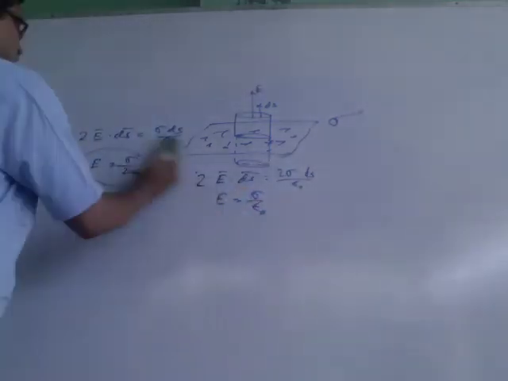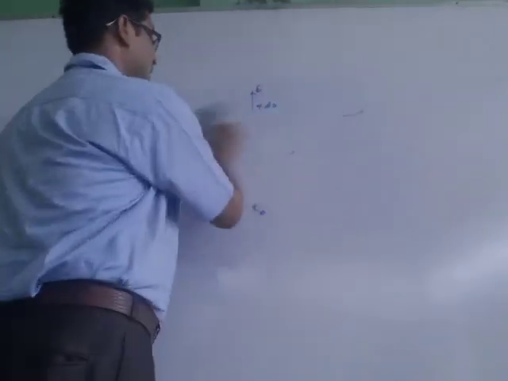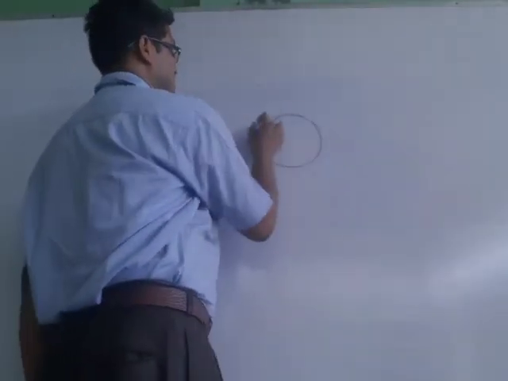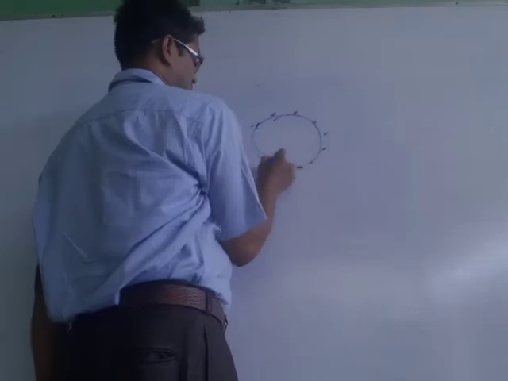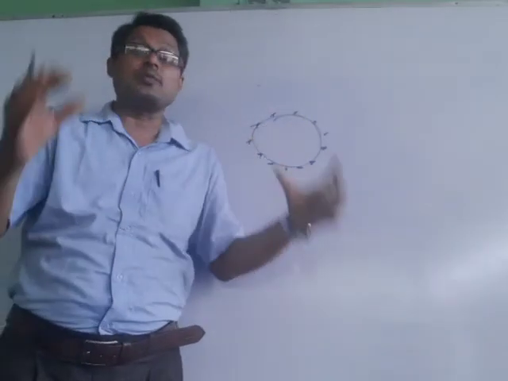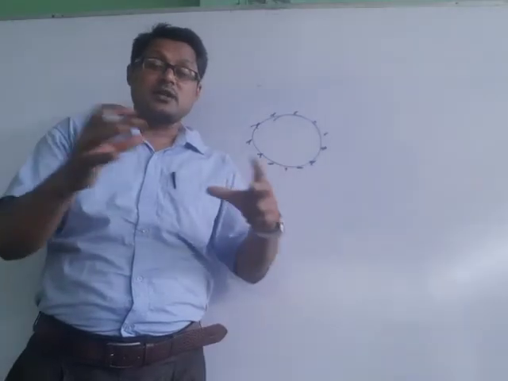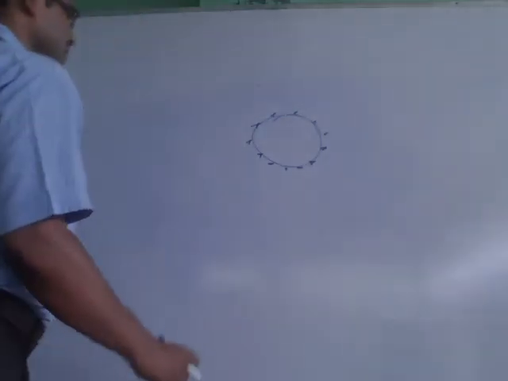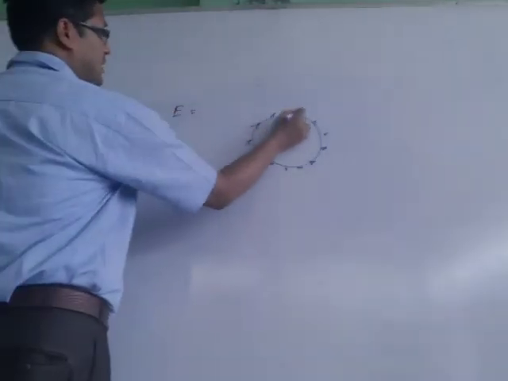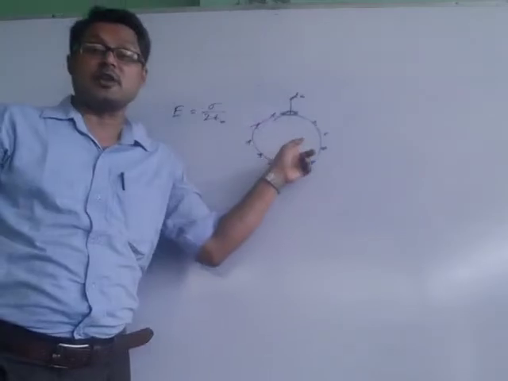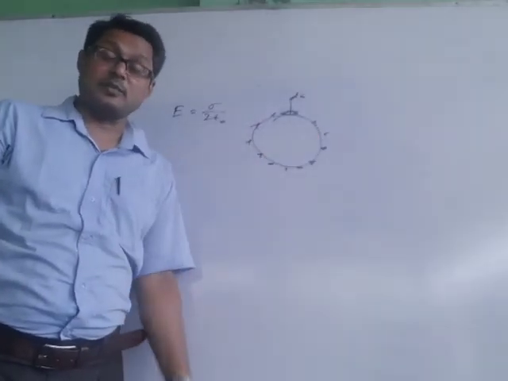Now we can find the electrostatic pressure and energy density also. Whenever a surface, like a bubble or any conducting surface, is charged, the like charges on it will repel each other. So pressure will be generated there due to charging, because of repulsion of charges. Now, what is the intensity? We have discussed it. I am considering a small area ds here, and the intensity is sigma by 2 epsilon 0, because the charge is present at one surface only.